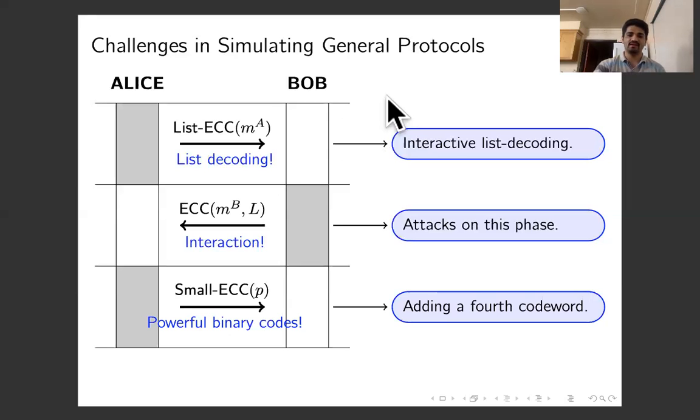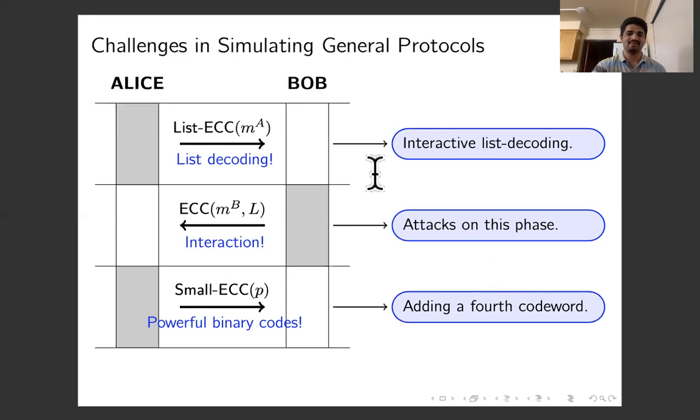So again, in general, our scheme is interactive list decoding. It outputs a list of size 3. But if the adversary attacks the second phase, Alice will say that it was attacked in the third phase. Bob will decode this. And this can only happen when there were a lot of errors. And when this happens, Bob will just take this scheme to be a unique decoding scheme and output the correct answer based on this phase. I'm not sure if the last 30 seconds of what I was saying made sense, but